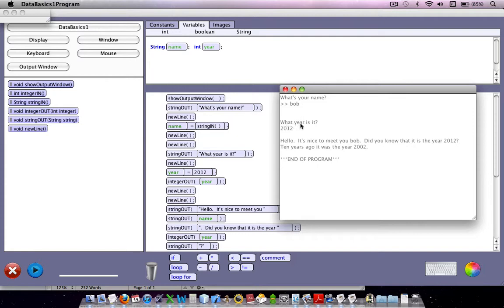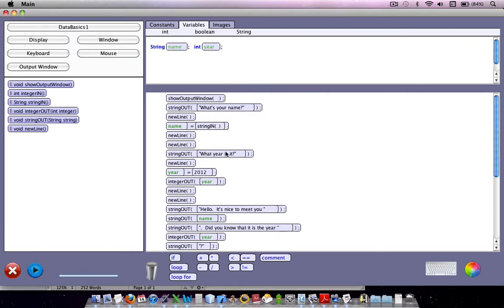Now let's do the same thing with what year it is. All right, what year is it? Start a new line, and then set the year to, instead of typing in a value, I want the user to type in a value, so I'm going to put in integer in right there, and I'm going to set year to whatever the input is. I'll show you. I'll run the program,